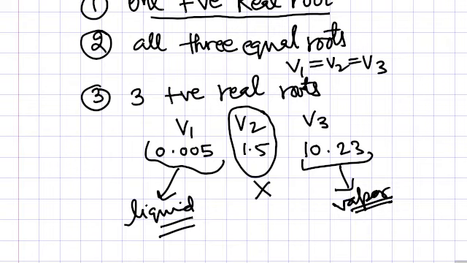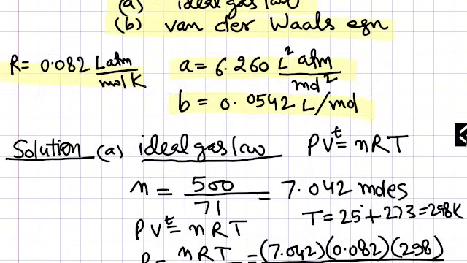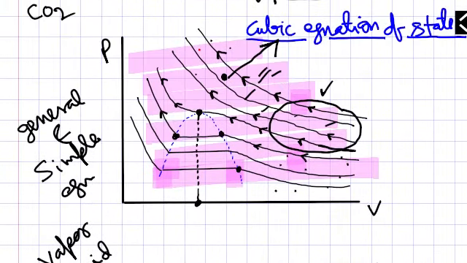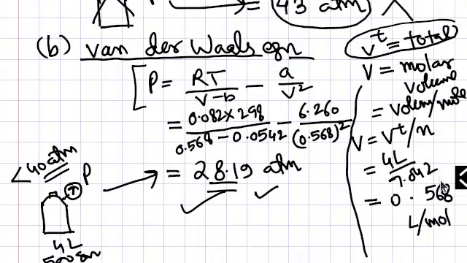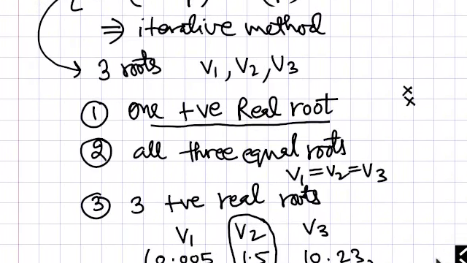So if you can locate your point on this graph, then you can say that now you are here. When you have a mixture of gas and liquid, one root you get is this, and the largest root you get is this. This is the vapor volume. The vapor always has more volume than the liquid, and this is the smallest root, that of the liquid. So this way you will detect which root is to be chosen for which phase.